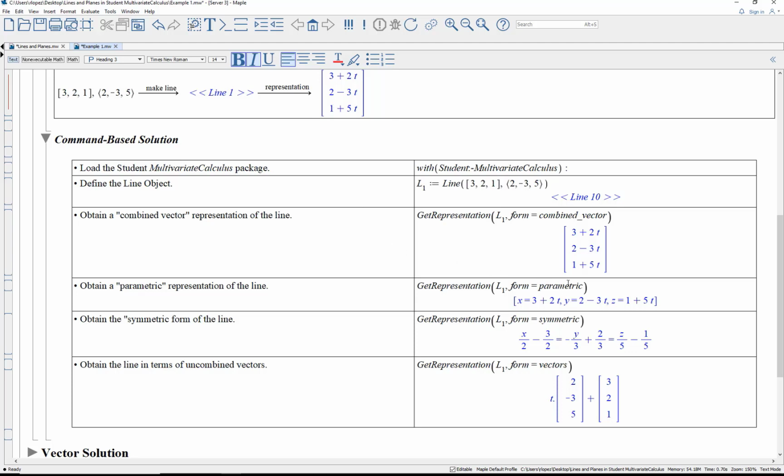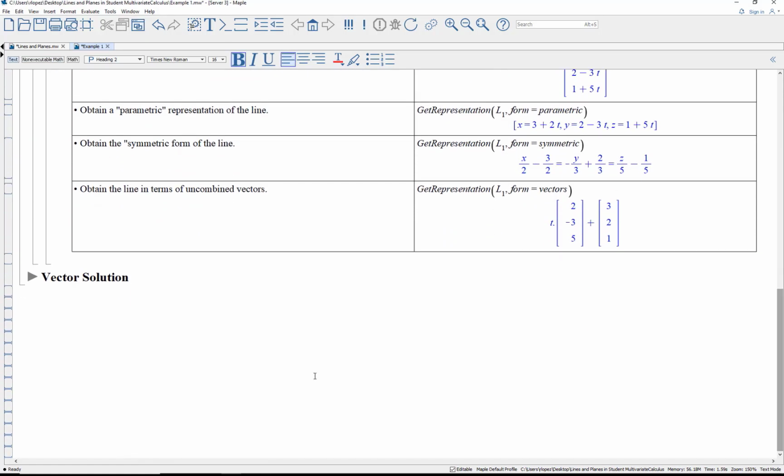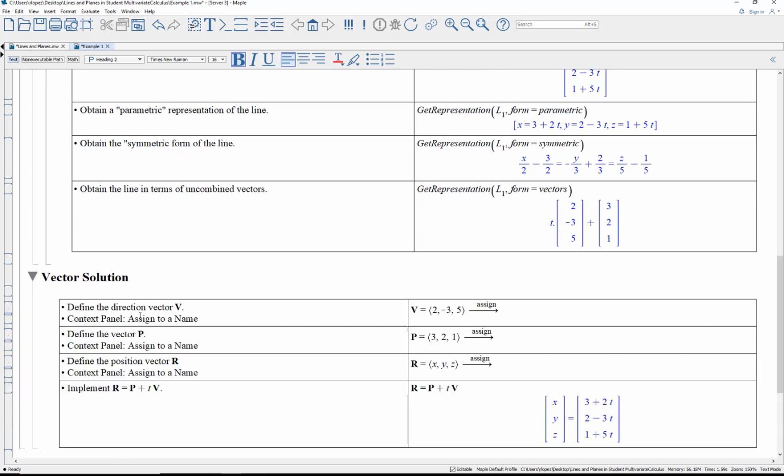And here, if you say form equals parametric, parametric equations. If you say form equals symmetric, symmetric equations. If you say form equals vectors, you get parameter times direction vector plus fixed point. There is, of course, the traditional vector approach, which we can implement here in Maple as follows. We write the direction vector v, that's its name. Here is the vector component-wise. Put an equal sign between, use the context panel